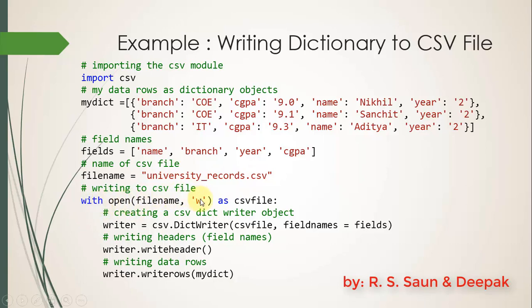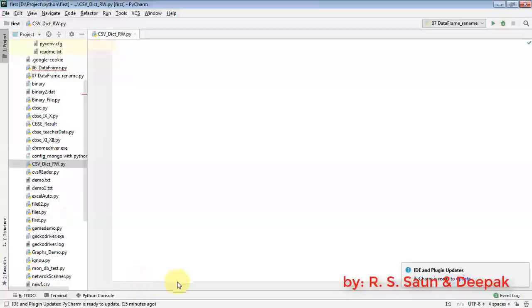Then we have opened a file in a write mode, and the object for the file is csvfile, and then we have received a dictionary writer method by supplying a text file name and field names. Remember, the list of fields we have created in line 3. Okay, and then following this, we have written a header row to the CSV file, and then we have written all my dictionaries or the list of dictionaries to my CSV file. So this is a really very simple way to write the whole list of dictionaries to a file, and let's see this in our IDE. So I'm going to jump to the IDE.